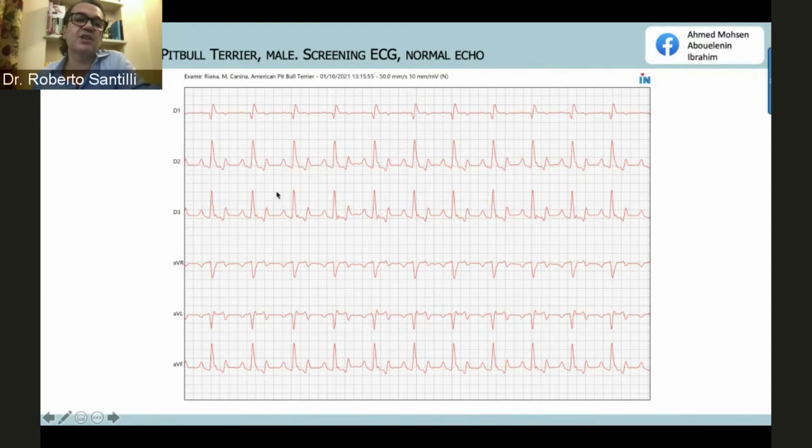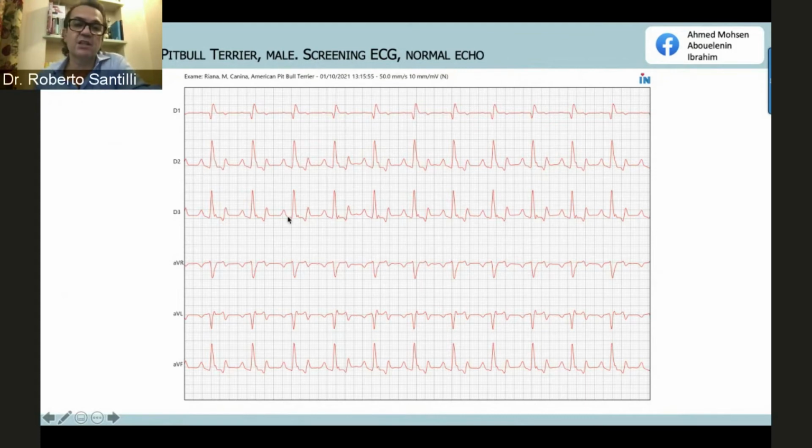To do the differential diagnosis, we need to do a Holter, and with the Holter we can rule in or rule out the possible presence of an atrial flutter or the presence of just a fragmentation or slurring of the QRS complex. To me, it's a little bit suspicious because it's changing too much on a beat-to-beat basis. And if you look here even more, here, here, here. So I really think that we need a Holter to rule in or rule out the presence of a flutter.